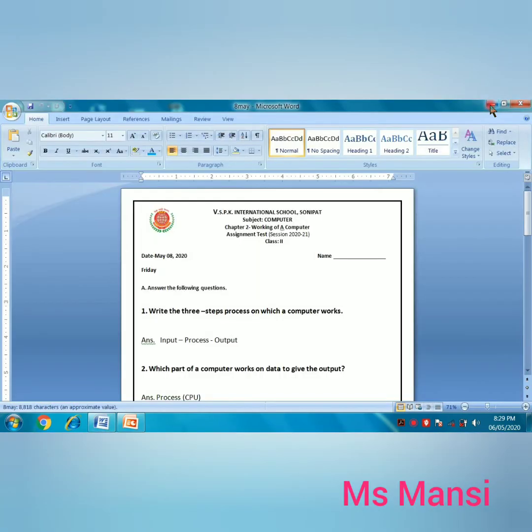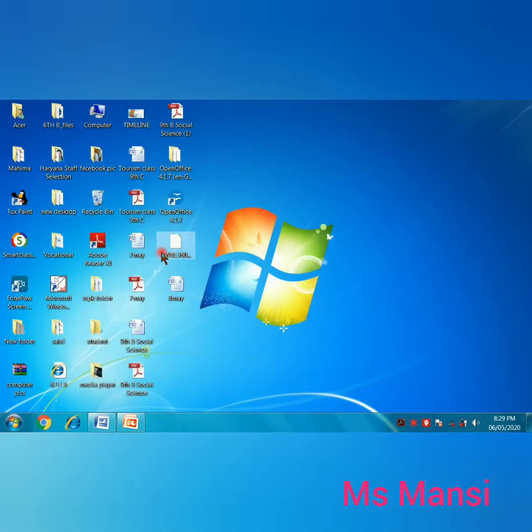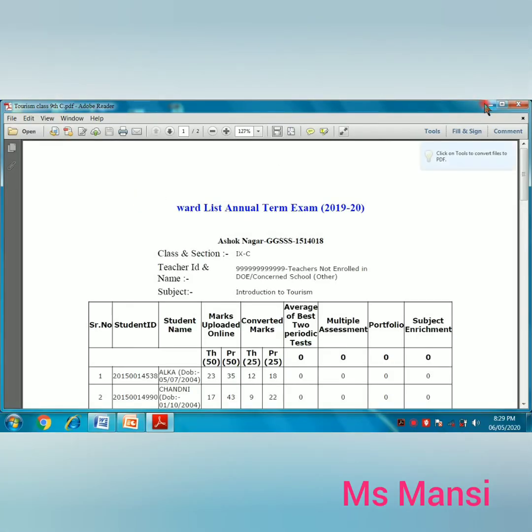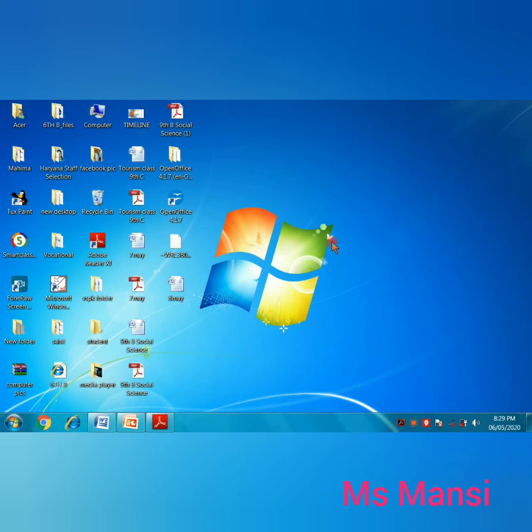Students, open 2-3 applications and just then minimize it. Now I am going to explain the feature of Windows 7, that is arrow flip 3D.